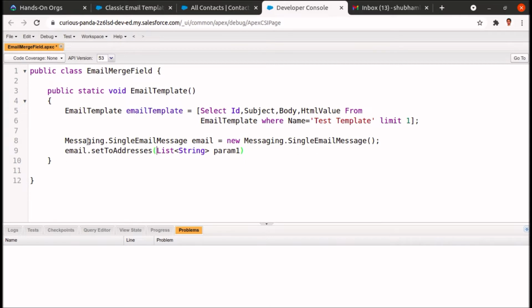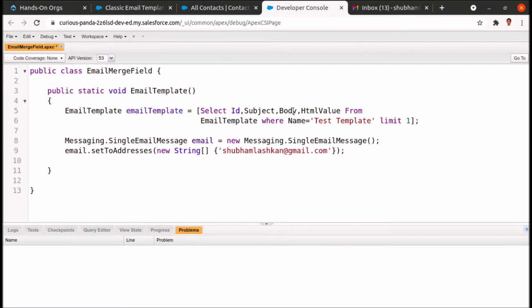So let's do one thing: new string list, and let's pass my own email ID, Shubham Lashkar at gmail.com, and let's set the subject and bodies from our template.